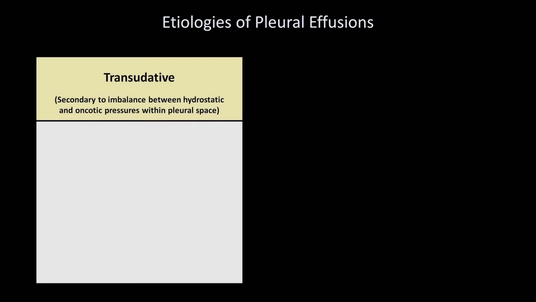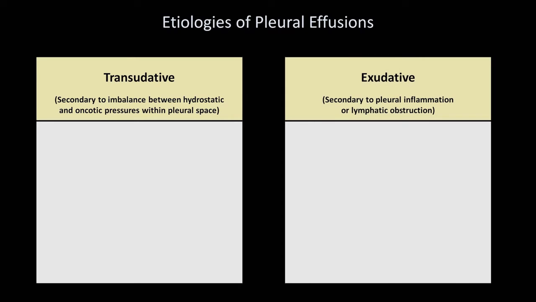As you may know, pleural effusions are almost always subdivided into so-called transudative effusions, which are those secondary to an imbalance between hydrostatic and oncotic pressures within the pleural space, and exudative effusions, which are those secondary to pleural inflammation or lymphatic obstruction. Transudative effusions can be caused by heart failure, a hepatic hydrothorax, which is a pleural effusion due to leakage of ascites through the diaphragm,